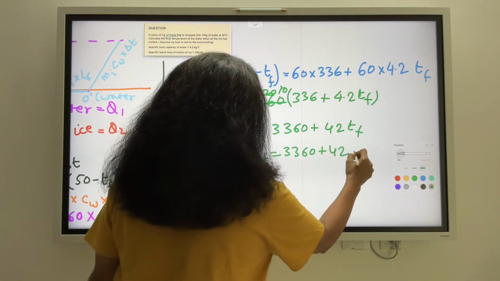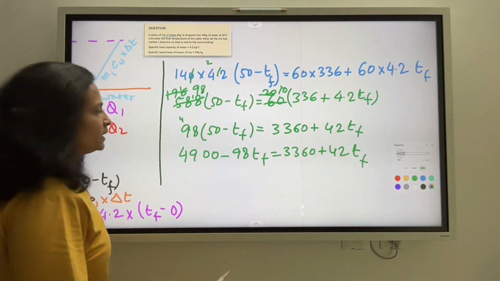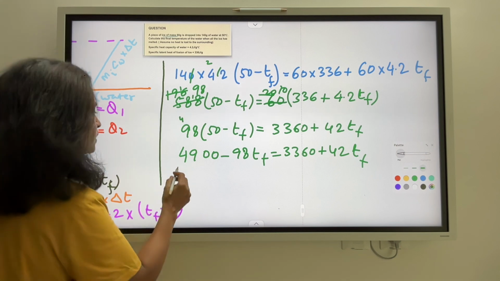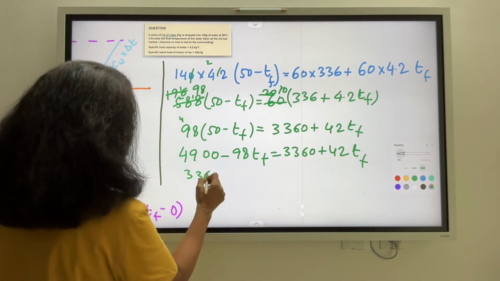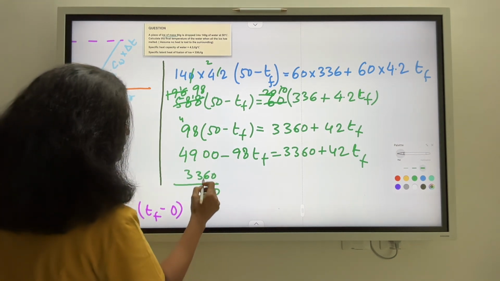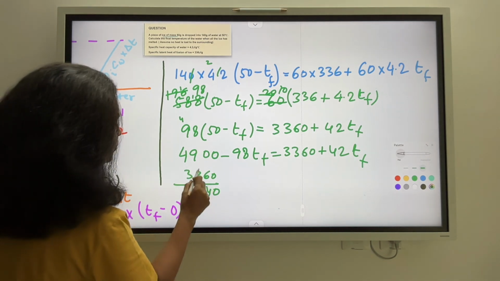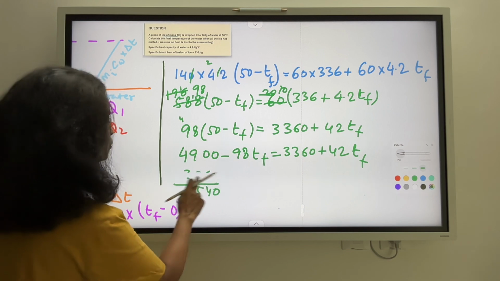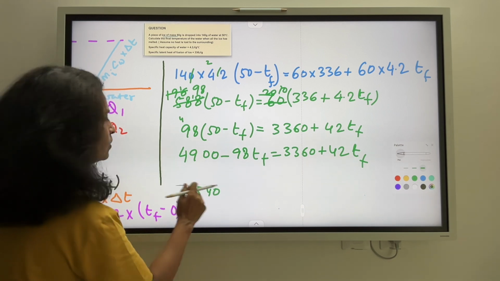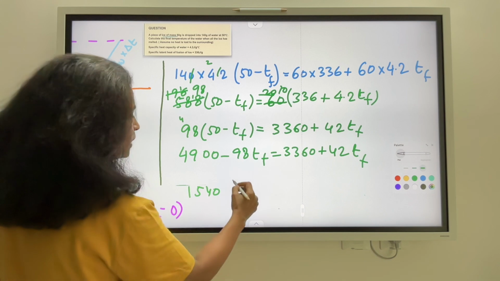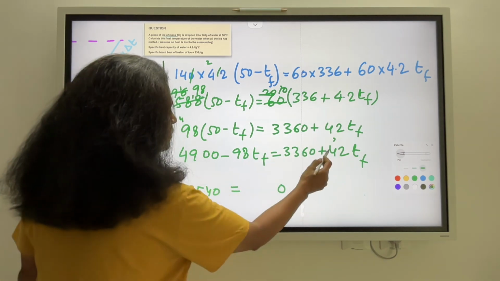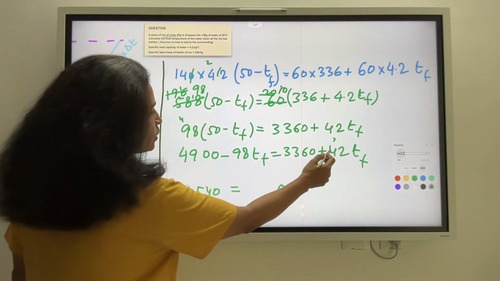अब TF को कर लेते हैं एक साइड and the constants to the other side. So if I am subtracting 3360 from this, what do I get? 0, and 10 minus 6 is a 4, 8 minus 3 is a 5, 1540. So my 1540, when I have got this to the other side, is equal to 8 9 10 0 1 9 and 4. How much do I have?